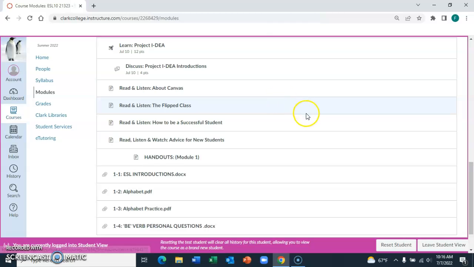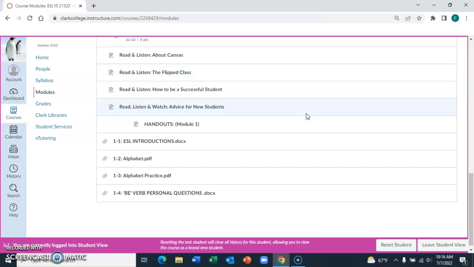This will give you more information about Canvas and about the class. I also sent you some handouts. Tomorrow we will be practicing with the alphabet, and also we'll be doing more about ESL